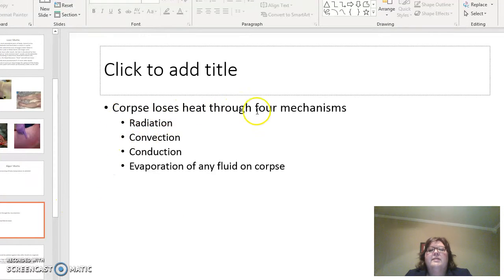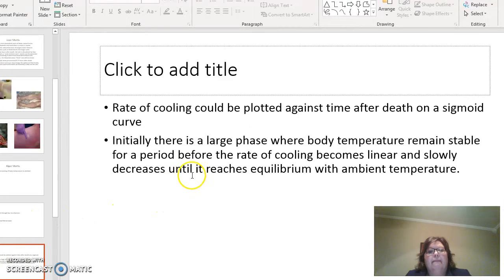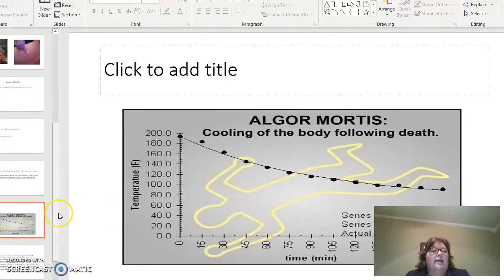The corpse loses heat through four mechanisms: radiation, convection, conduction, and evaporation of any fluid on the corpse. The rate of cooling of the body could be plotted against time after death on a sigmoid curve. There is a phase where the body temperature remains stable for a period before the rate of cooling becomes linear and slowly decreases until it reaches